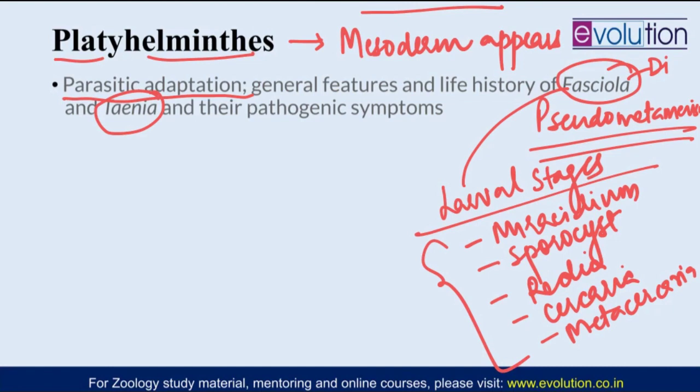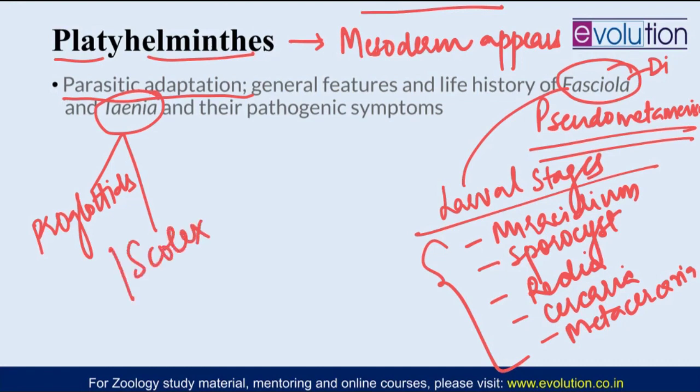Then under Taenia solium, the important thing is, one is proglottids. What are the different types? The immature, mature, and gravid proglottis. The other is scolex. Scolex is an important part which is meant for attachment into the host gut. It is not a head. Actually, in Taenia solium, the body is divided into scolex, neck, and strobila, and the strobila region contains many proglottids. So a question has been asked for 8 marks on just scolex.